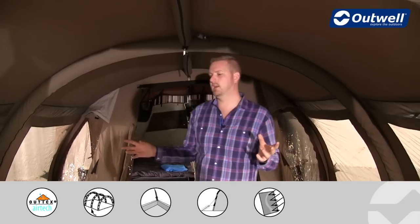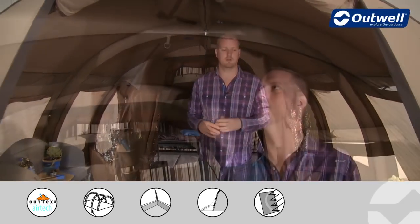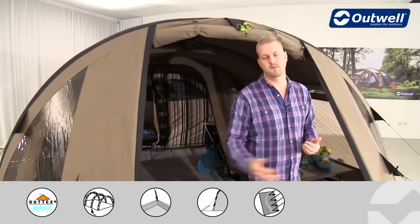So just to highlight then, again, lots of space within the awning, giving you plenty of extra additional outside storage space. And just at the top of the awning, you'll find in a good central location, we have a lantern hanging point as well. So if you're sitting out here in the evenings, there's a good point to hang your lantern there. So that's all the features of the awning for the